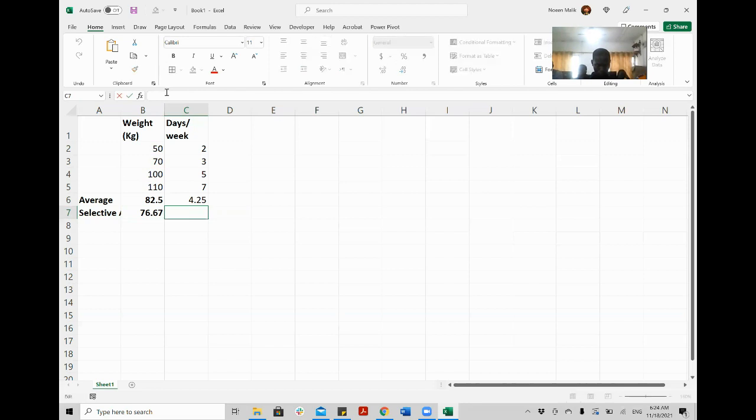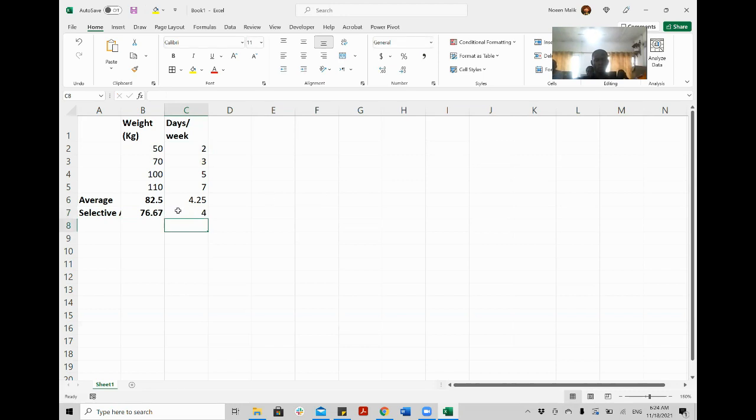So you go here, is equal to first this one, same way plus this one, plus the last one, bracket close, divided by how many I am selecting? 1, 2, 3. 3 is done. These are the average days.